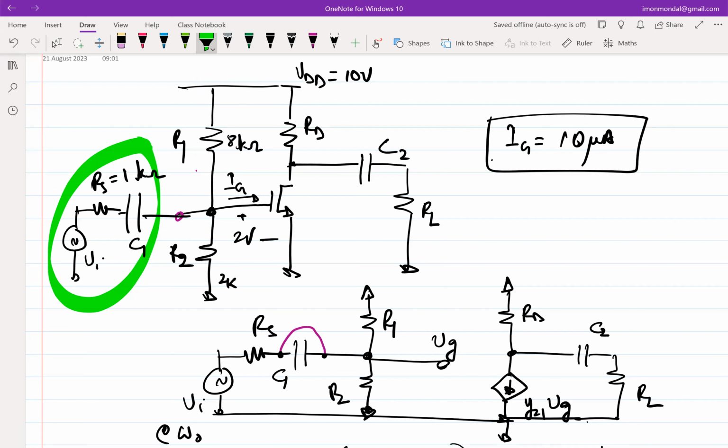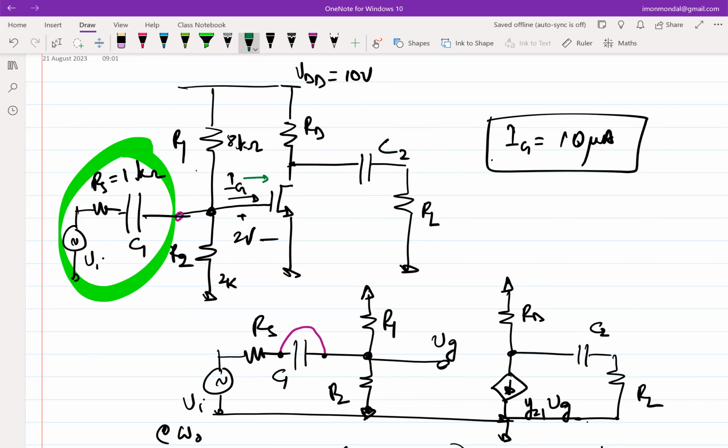So what he is pointing out is, firstly, let's take one step at a time. Since the capacitor is open circuited for DC, this guy is not a problem, right? So I don't have to worry about the input. But what about the bias? As he is rightly pointing out, if there is a current that is going into it, then clearly the current that is going into,